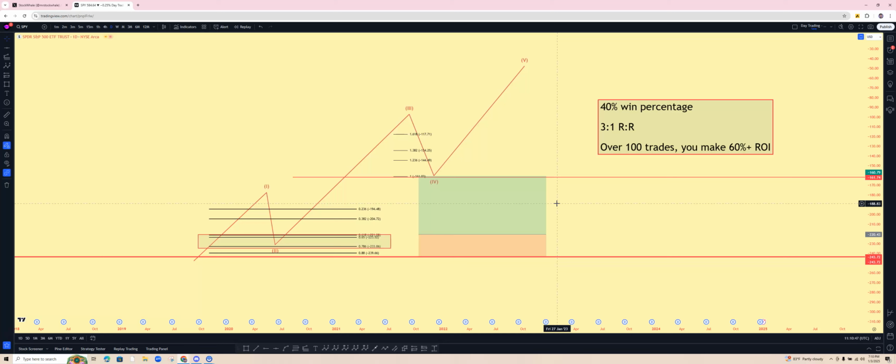Whenever you go into a trade, you always want to make sure you have your stop loss. You want to make sure you have your target. You want to make sure you know your entry. Your stop loss should always be smaller than your profit, right? My suggestion is, guys, to never have anything below a 2-to-1 R&R, maybe a 1.5-to-1 R&R at the bare minimum. 2 R&R is ideal, guys. So over 100 trades, you make 50% if it's 2-to-1 R&R.